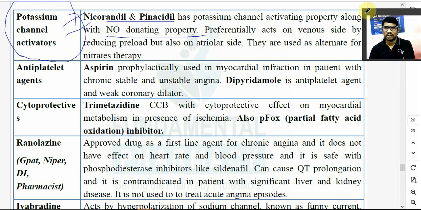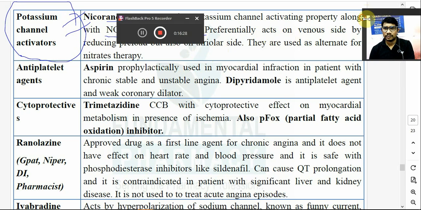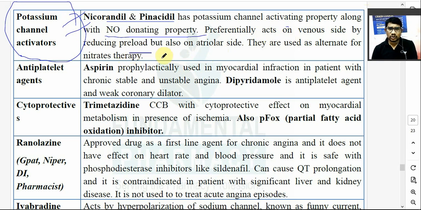एंड प्रेफरेंशियली दे विल एक्ट ऑन अ वेनस साइड, मतलब वेन के ऊपर ज्यादा एक्ट होगा, they will act on a venous side, reducing the preload, but also on arterial side, also reduces the afterload. Preferentially वो veins को डायलेट करेंगे बाद, लेकिन arteries को भी करते हैं. They are also used as alternative for the